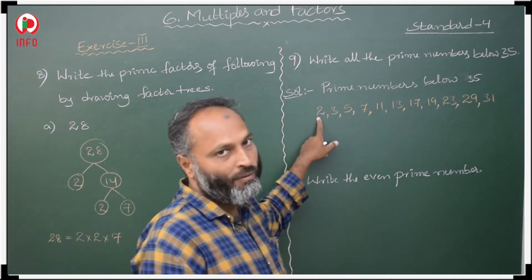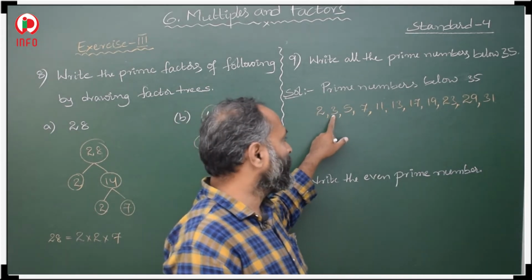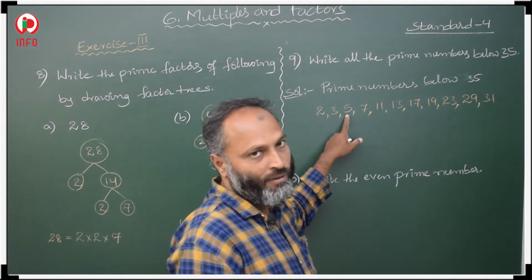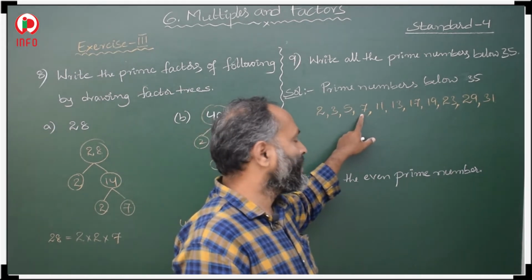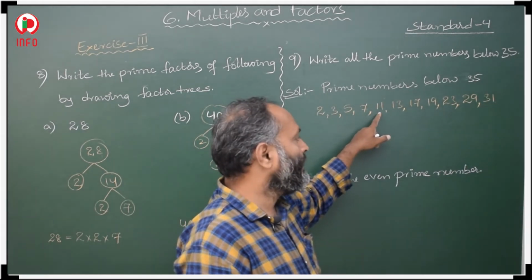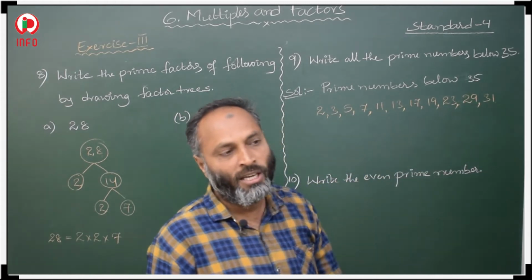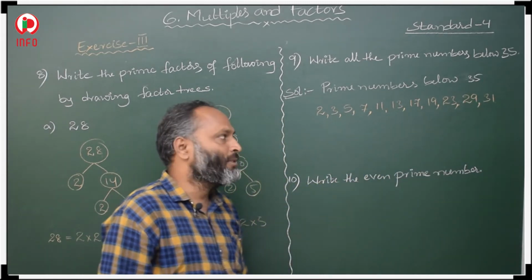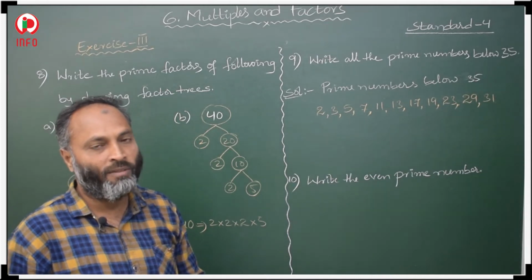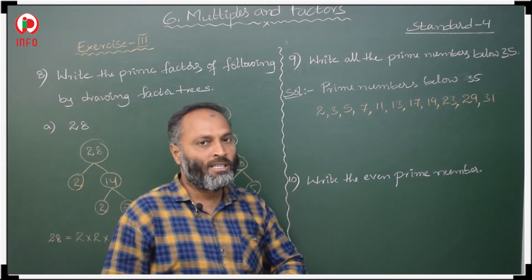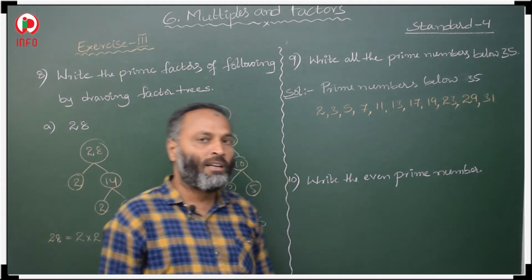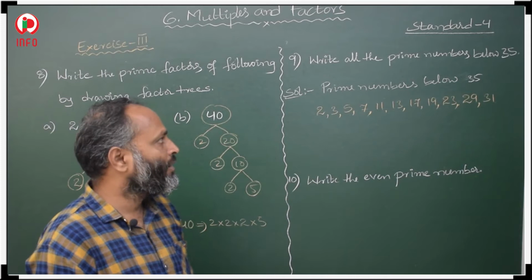These numbers come only in 1 and itself. This 2, and 3 also: 1 3s are 3, no other table it will come. 5 also, 1 5s are 5, in other tables it won't come. 7 also, 1 7s are 7, in other tables it won't come, and 11 also, 13, like this all the numbers. They won't come in other tables. So like this you have to check and write. If it comes in any other table, then don't write. Only the numbers with only one and itself are the prime numbers. The others are composite numbers.